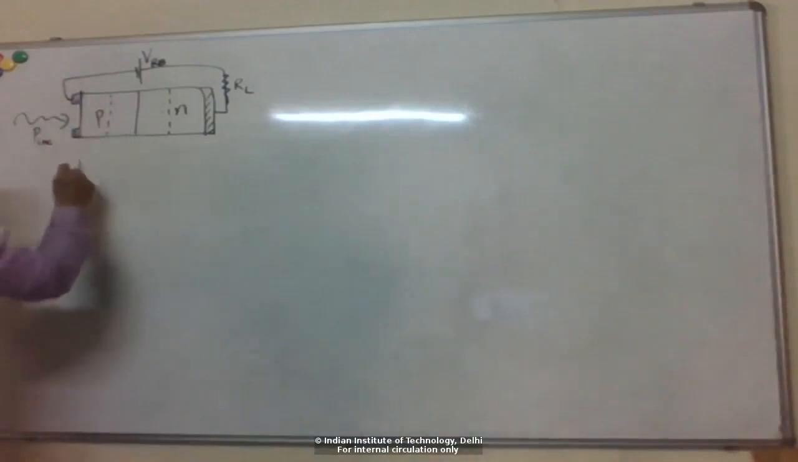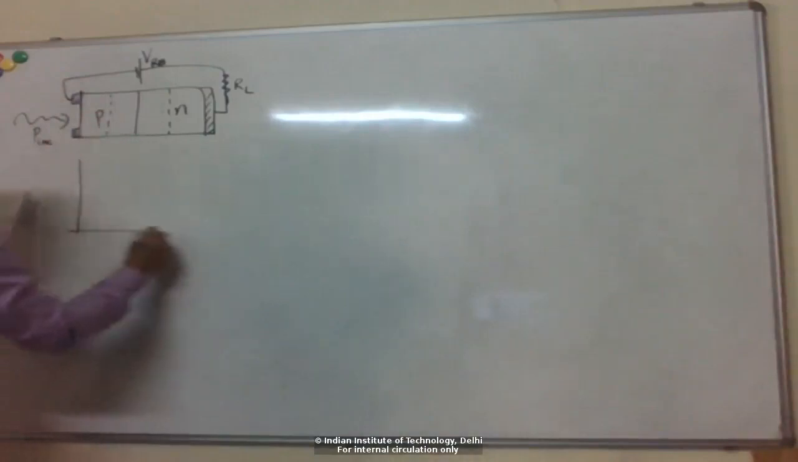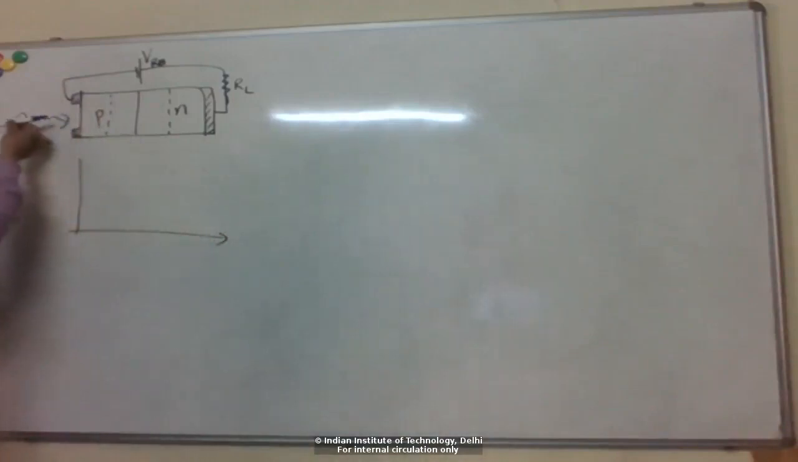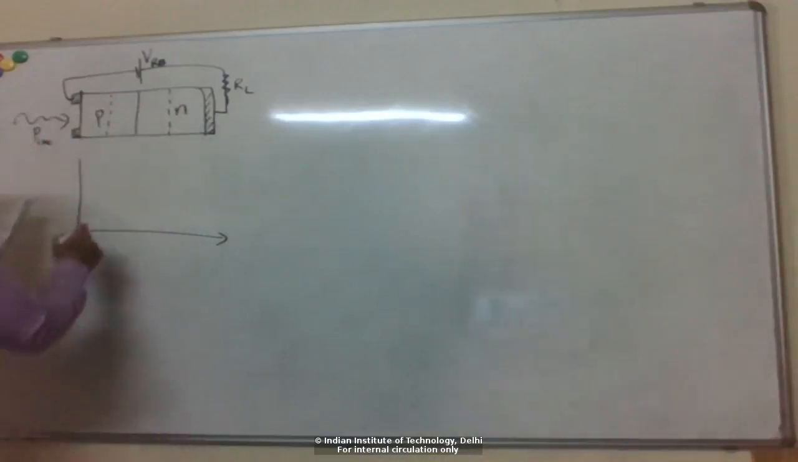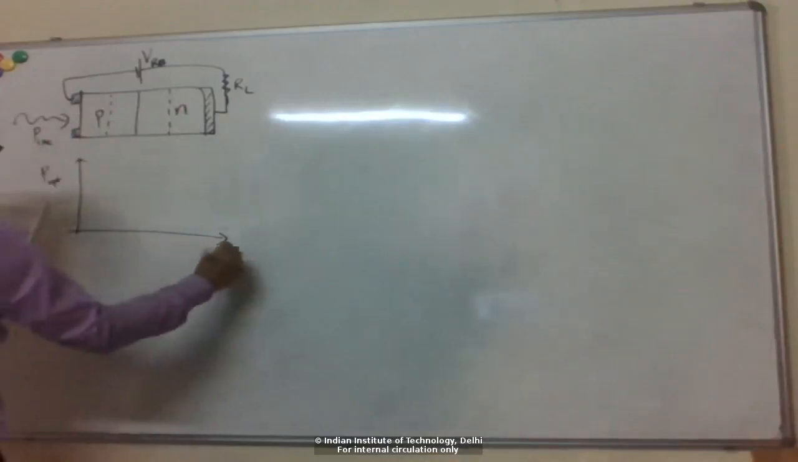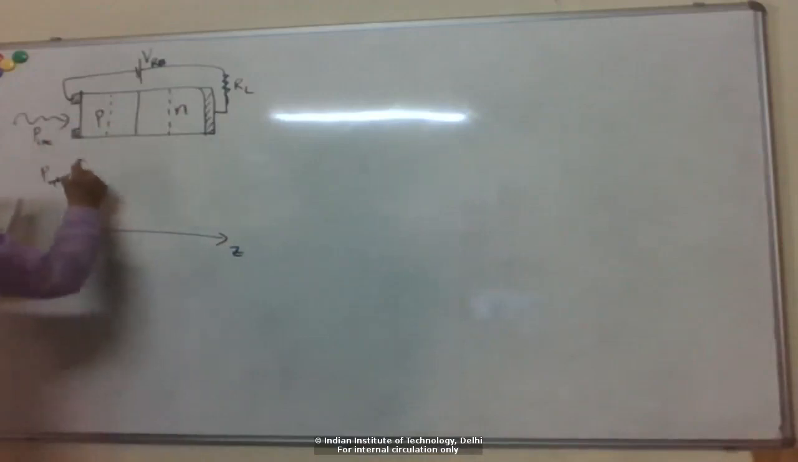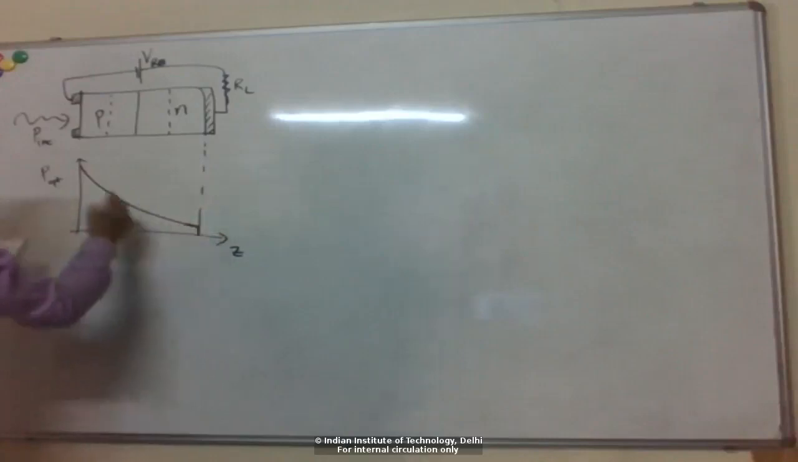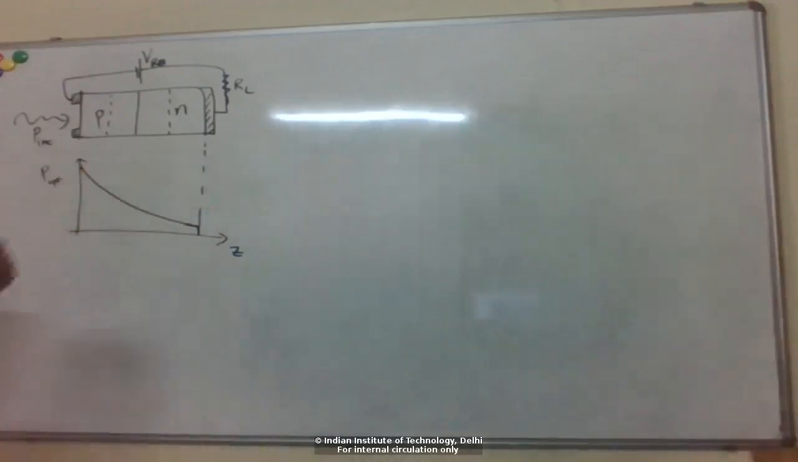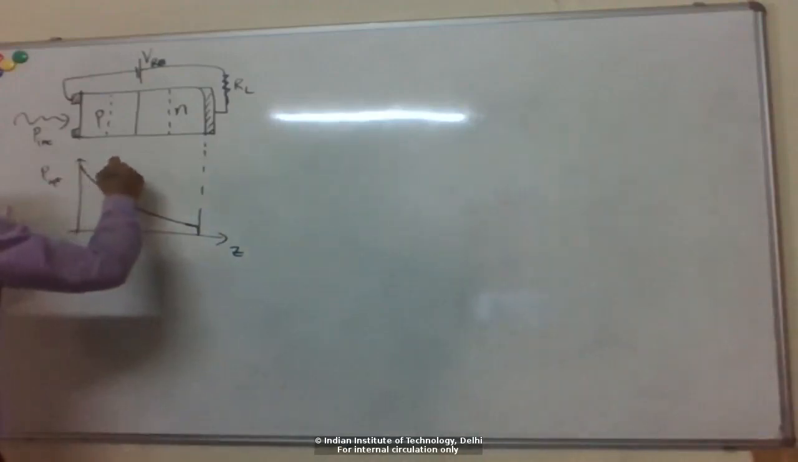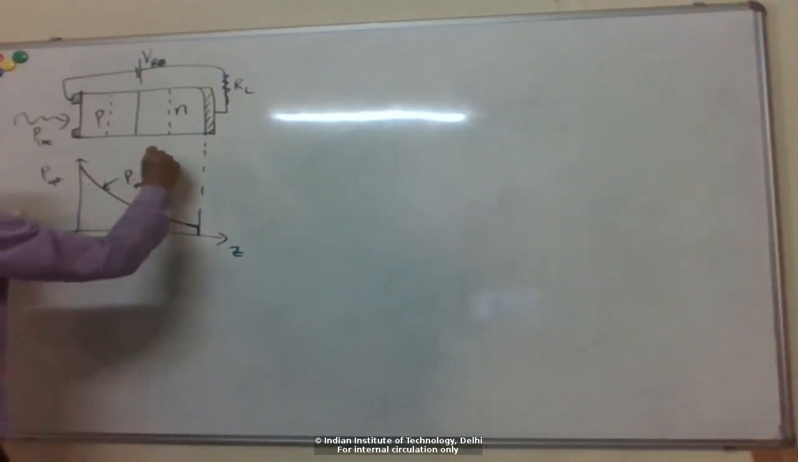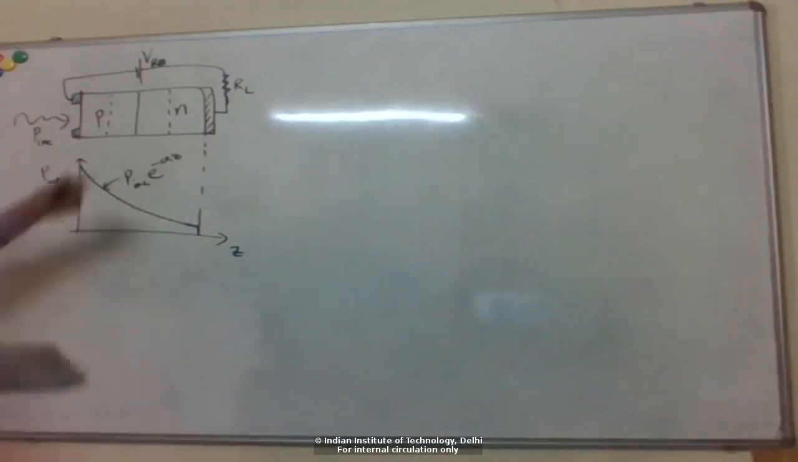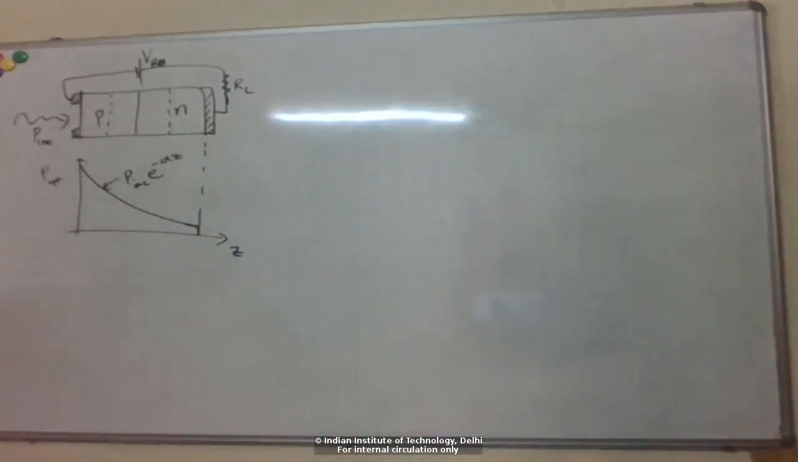And so basically, if you look at the optical power as a function of the depth into the device, you know that because of absorption, the power decays exponentially, right? So this is some function e to the minus alpha z, right? Where alpha is the absorption coefficient of this detector,